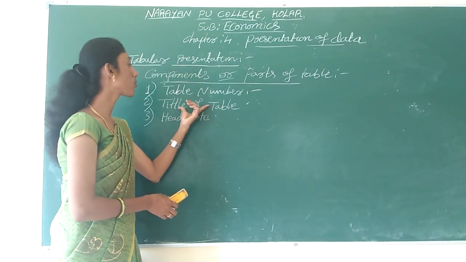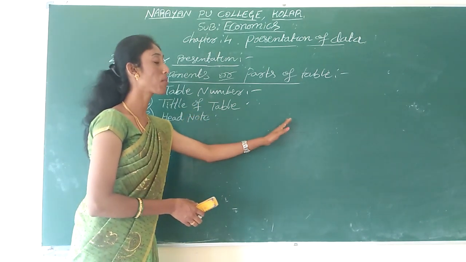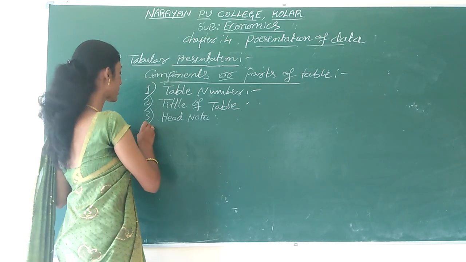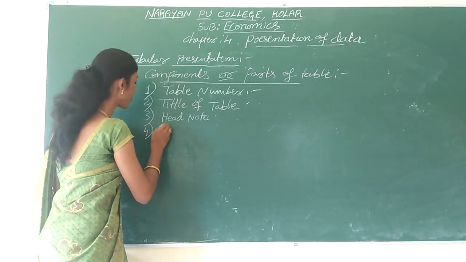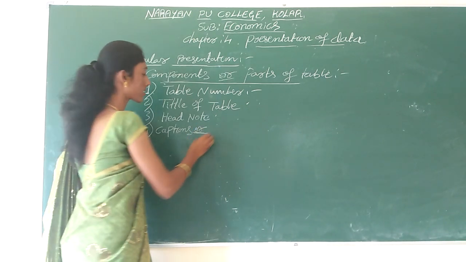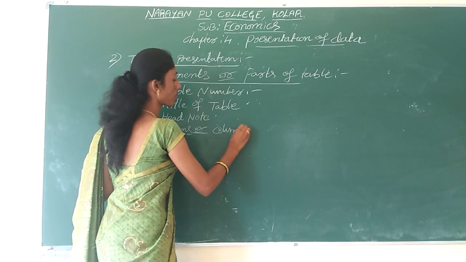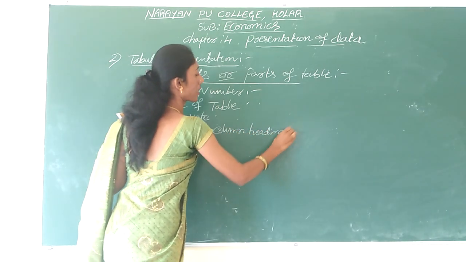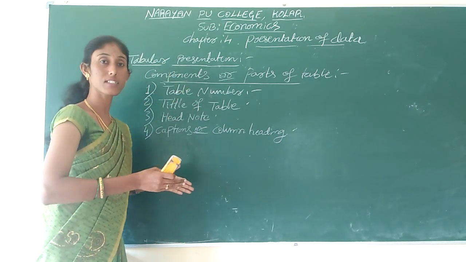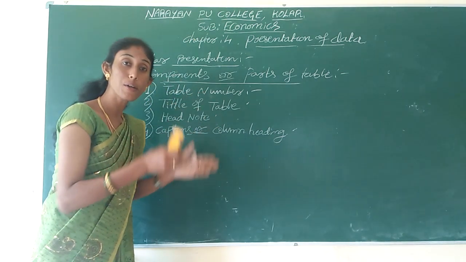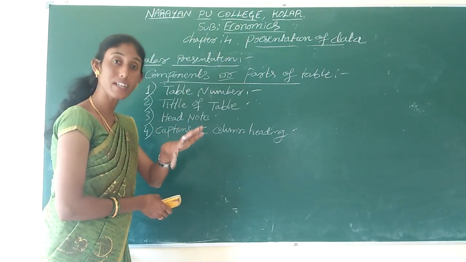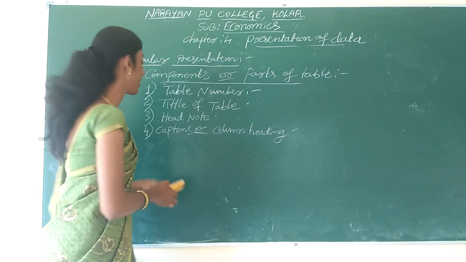Got it? And this endnote will be below the title and on the extreme right side of the table. And the next main part is captions, or you can also call it column heading. Here, captions or column headings always represent the characteristics of the data entered in the particular column. The column heading or captions present the nature of the data entered in that column. Got it? And next one is